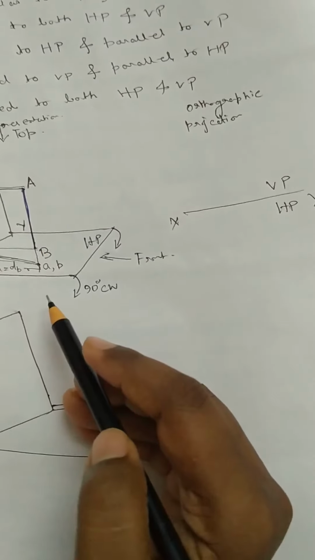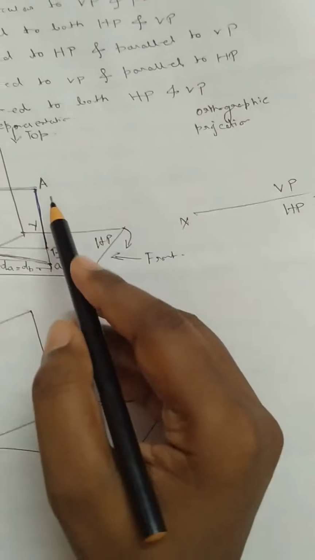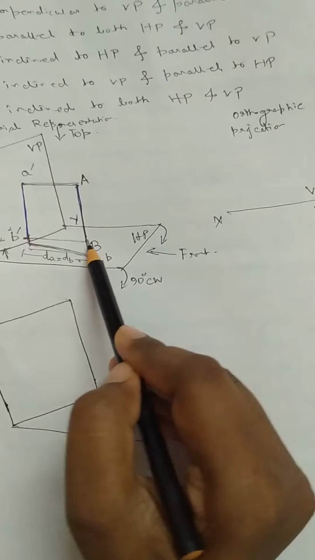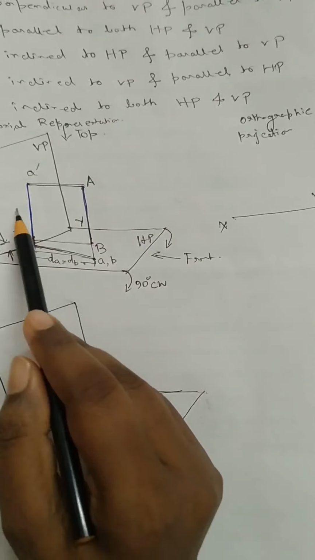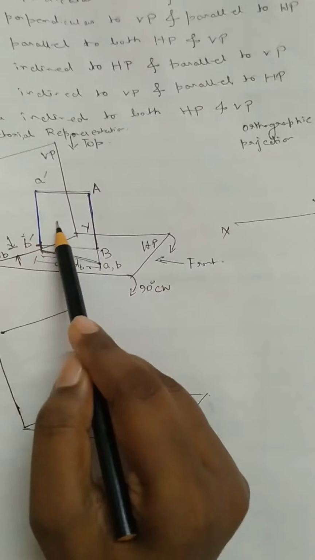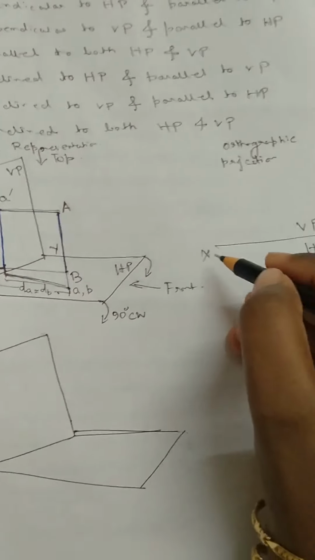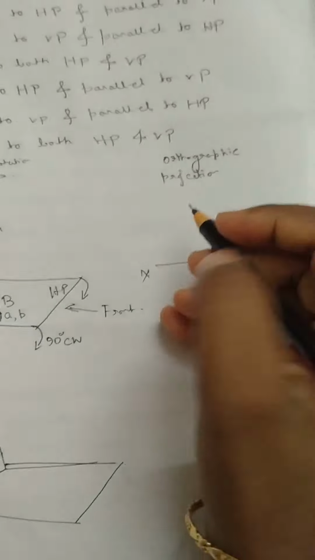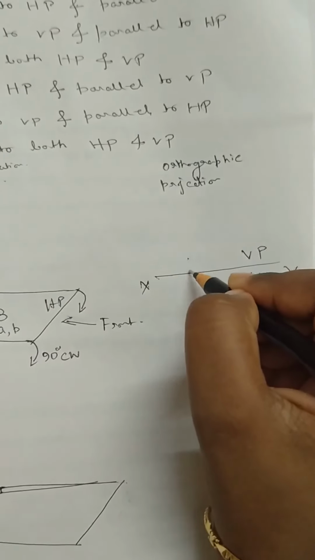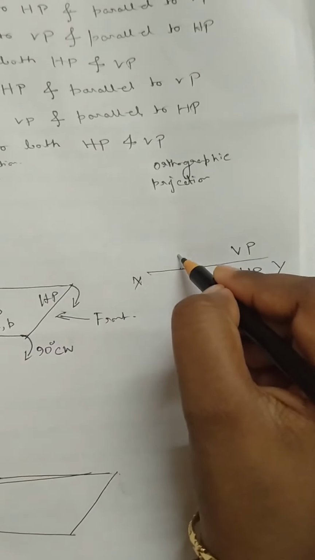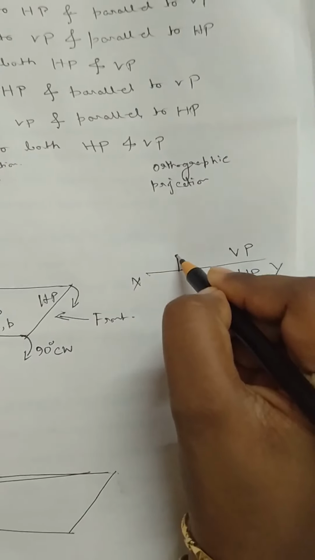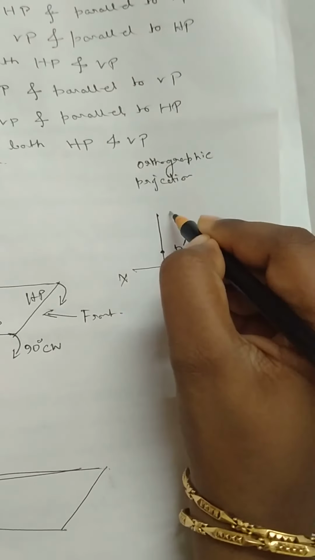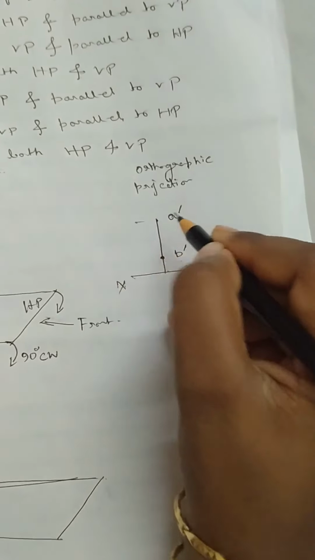So now we have to see where your true length is. This AB is actually the true length. So when you plot that one, on VP, this is your true length. Because of that, first we are going to draw the front view. First we have to measure this distance, that is HB, and here your point is B dash, and if we extend this one perpendicularly, we will get A dash.